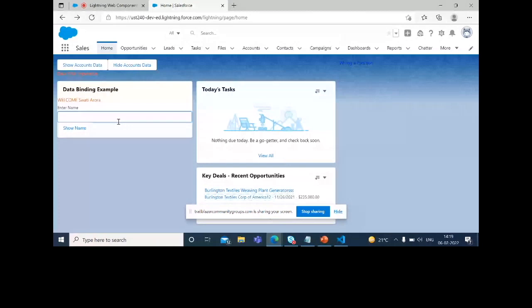Now if you see, I'm changing the value in the text box, but I don't want to bind the value on change. I want to bind the value on the click of a button. So in this type of scenario, you can query the value of your text boxes with the help of this.template.querySelector, and you can capture the value of this text box and showcase that value on the UI. So that is the second utility, this.template.querySelector.